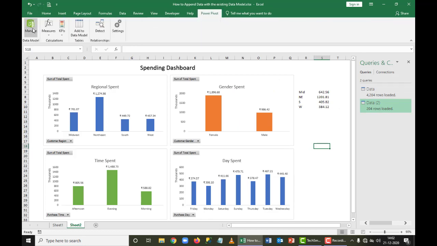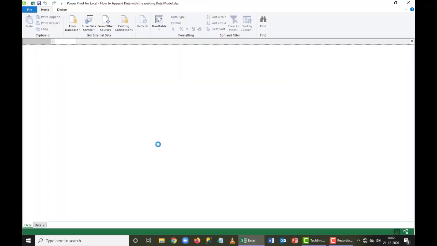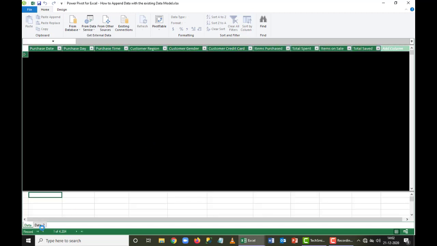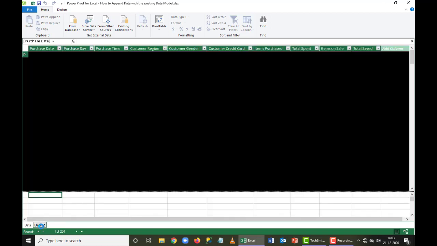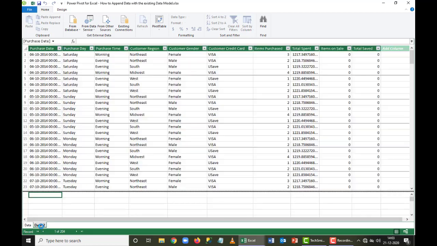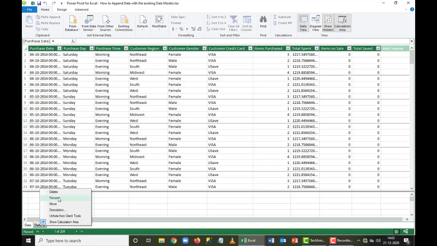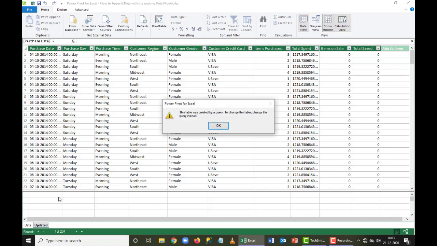I'll come back here, and then I can go back to my list and rename it however I want it to be. But sometimes it won't allow us to do the renaming also. So be careful what you are doing, whatever you do in here, or whatever table you create here. So do anything and everything in the Excel sheet itself.